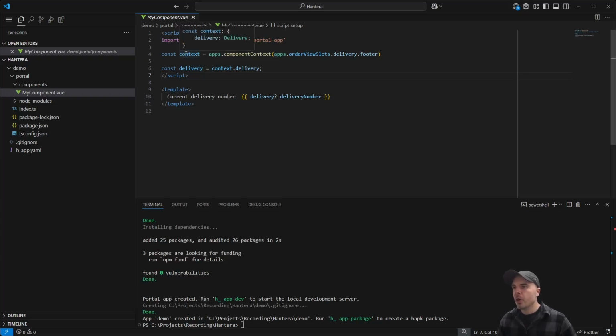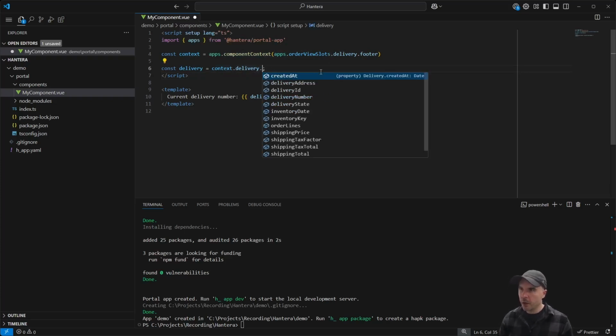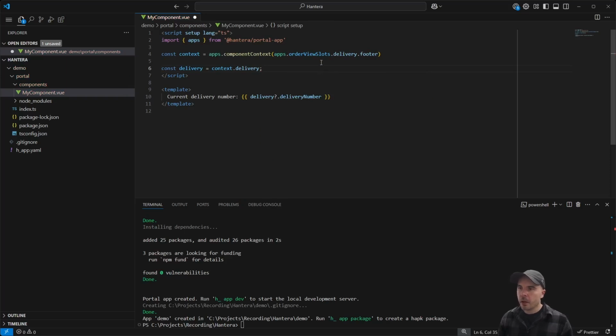You get different context depending on different slots, obviously. And seeing as this is all TypeScript, we get all the types here automatically. We can check delivery. We can see that there are a couple of things that we can fetch on the delivery: address, shipping, order lines, etc. What we are doing in this particular component is simply showing the delivery number. Okay, so